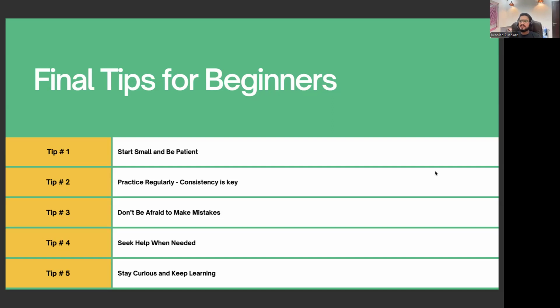ठीक है, at least take motivation of that green boxes that happens on your coding profile or on your GitHub कि चलो I have to make it all green. ठीक है, so at least try to practice, be consistent, try to gamify the entire experience of your learning. Then tip number 3 is, don't be afraid to make mistakes. Mistakes are something which you will definitely do. Okay, everyone makes mistakes.